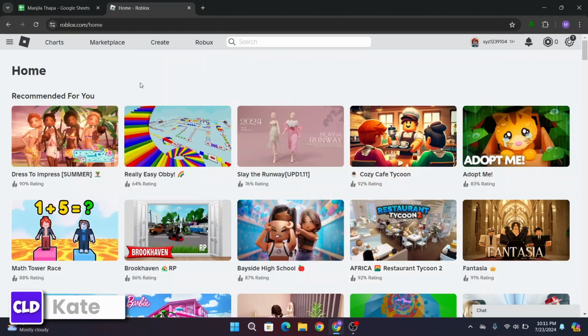First of all, you have to open roblox.com on your device, or you can continue with the Roblox application as well. After that, you have to make sure that you're logged in with your Roblox account. Once you're logged in and you land on your home page, now if you encounter an error 773 in your Roblox,